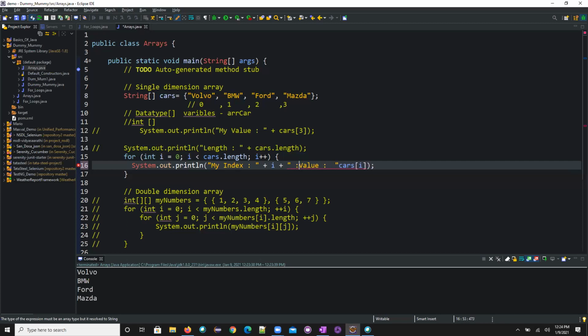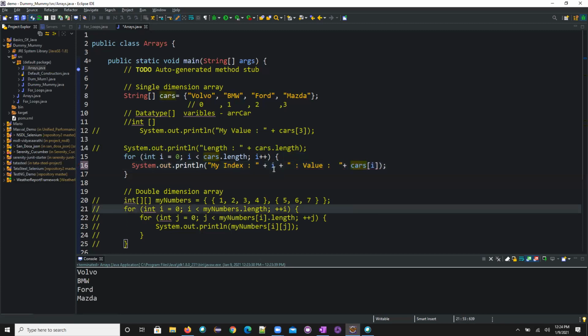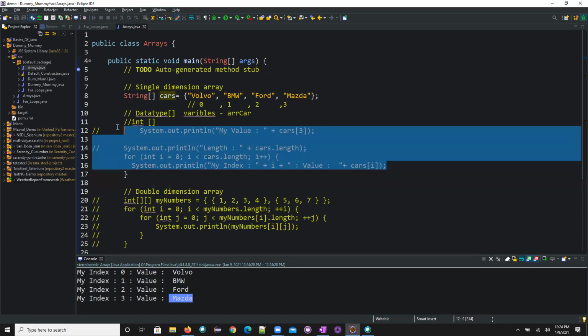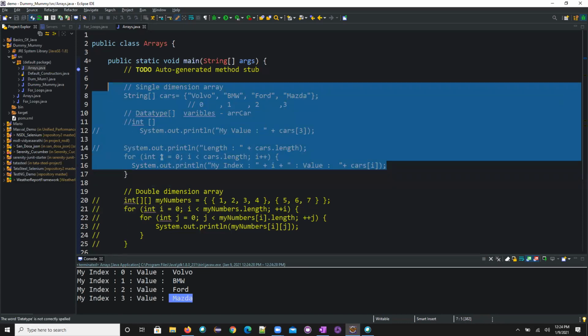And here I'll print plus. Here it will print this value and then we will see it. See, my index value 0 and the value is Volvo. My index value is 1, I'll be getting BMW. My index value is 2, I'm getting Ford. My index value is 3, I'm getting Mazda. You got it, right? This is how the single dimensional array will work for us.